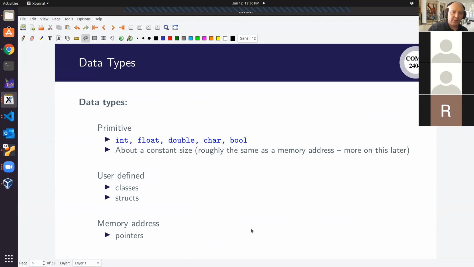So in C++, we have what are called primitives. So integers, floats, doubles, characters, bool, which is short for Boolean, which is a true or false. So all of these are about the same size. They are between, depending on what your system is. So most systems now are 64-bit systems, which means the address bus is 64 bits wide, which means